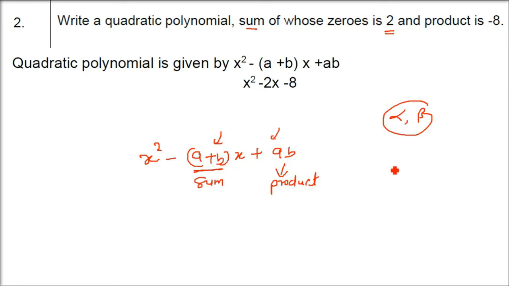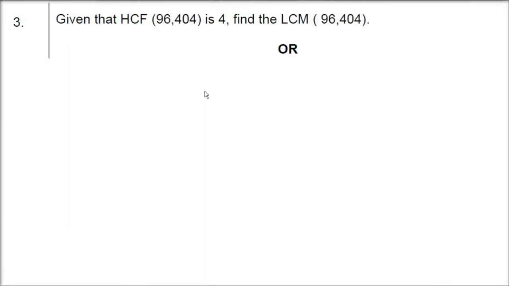Now you will put these values 2 and minus 8 here. For example, x squared minus 2x plus 1 equals 0. Here we have a root. So whenever we put these roots alpha and beta in this equation, it will be 0. I'm just giving an example, x squared minus 2x plus 1. If you put a root, it will be 0. So here the sum of the roots is 2 and the product is minus 8, so I'm putting it here. This is the equation.